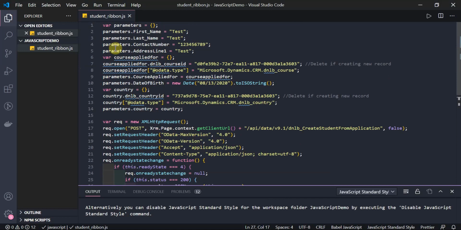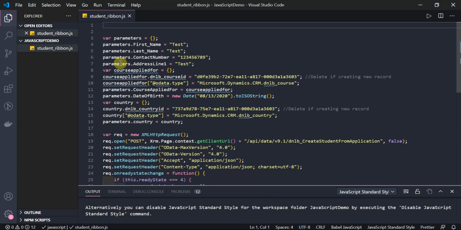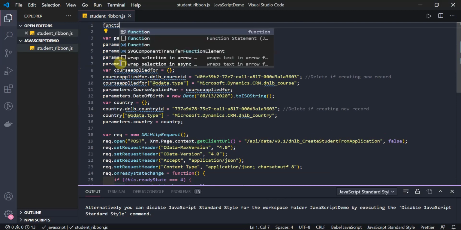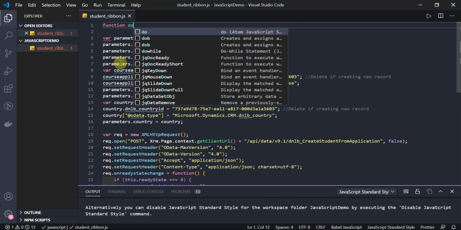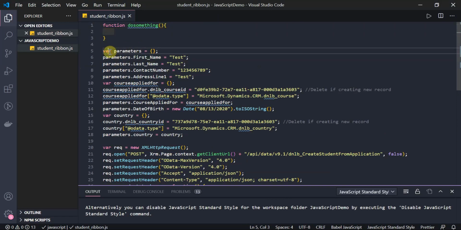Okay, done. But when you write any JavaScript library, we have to follow some standard. Like, if you put this piece of code inside some function, and you can call this function on the ribbon button, or if you have any event you can call that, it will still work. But in a real-time project, you will be using some standard while writing the JavaScript. You will be using a proper namespace for that. Let me show you that with the proper namespace.